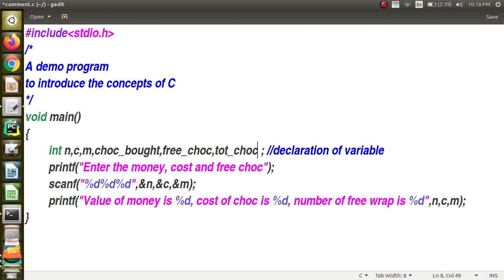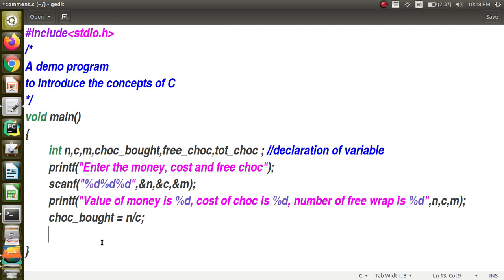After reading these things, what should I do? First of all, I will calculate how many chocolates are bought by the child. Chocolate bought is equal to the value of money in the hand of the child, that is N, divided by C. C is the cost of one chocolate.